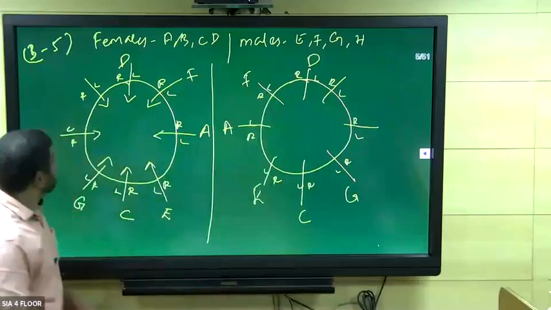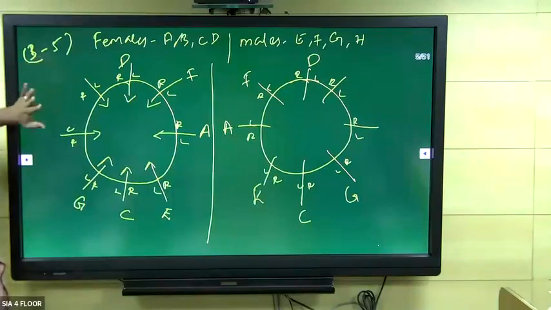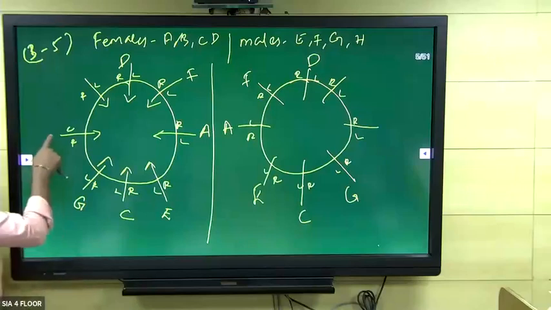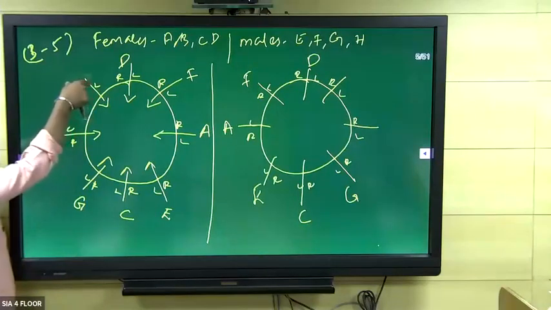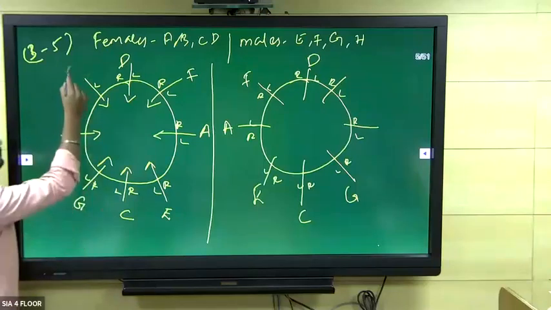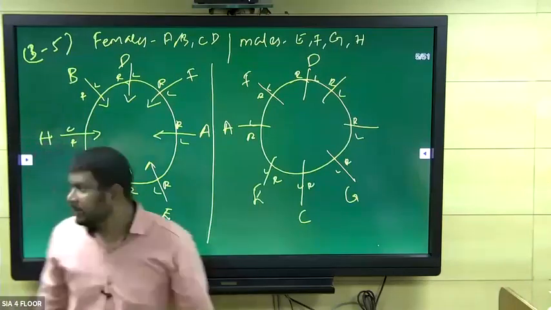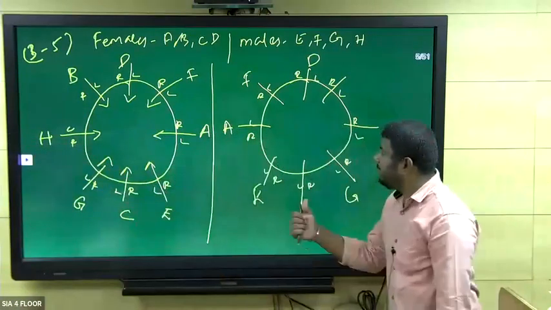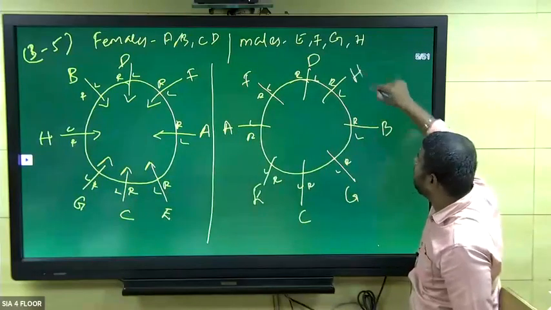Now listen here, in this first diagram. H is to the right of B. We have only two left-out places, and the two left-out persons are H and B. If I take B here, and this is the left direction for B, then H can sit here. But they have given that H is to the right of B, so we should take B here, then it will be the right direction. So H will come here. In the same way here also, we should take B here, then this will be the right direction, so H will come here.